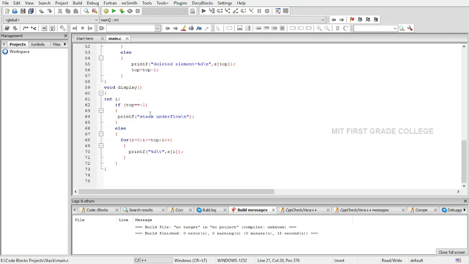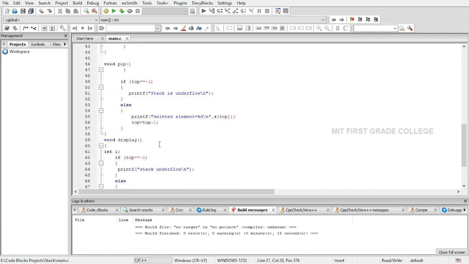I print the value of s of i. Currently, for the first iteration, the value of i will be 0, so s of 0 will get printed. Later, I increment i, it will be 1, 1 less than or equal to top. If that condition is true, I again enter the for loop and execute it. So likewise, all the elements inside my stack will be displayed.